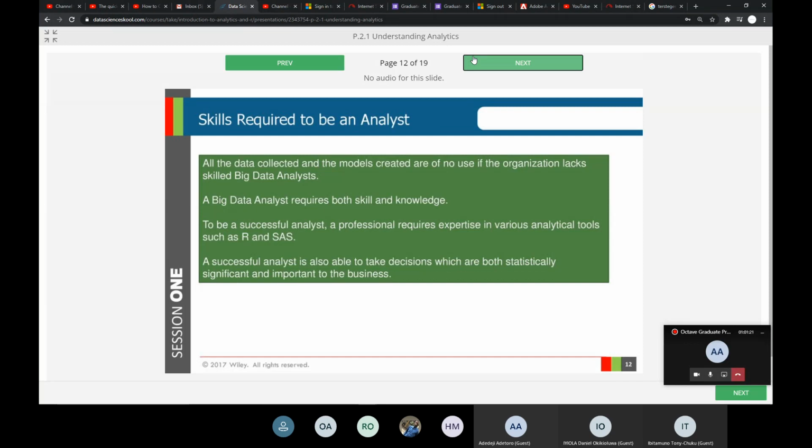So what are the skills required to be an analyst? All the data collected and the models created are of no use if the organization lacks a skilled big data analyst. Actually it's of no use, because if you don't have a skilled analyst to work with the data, then the data is just there